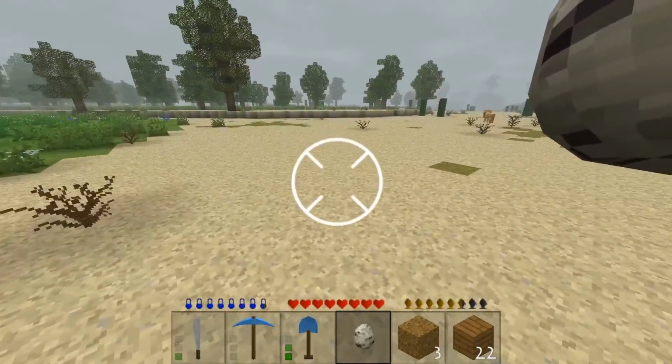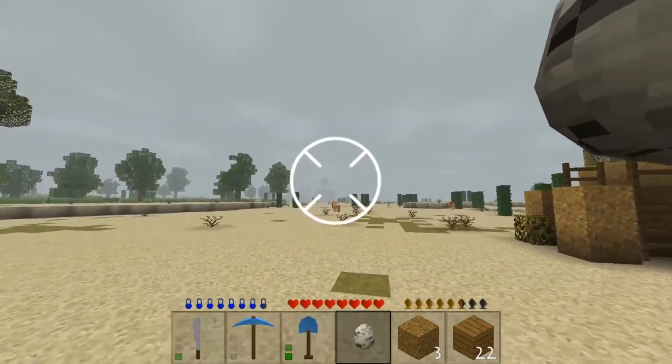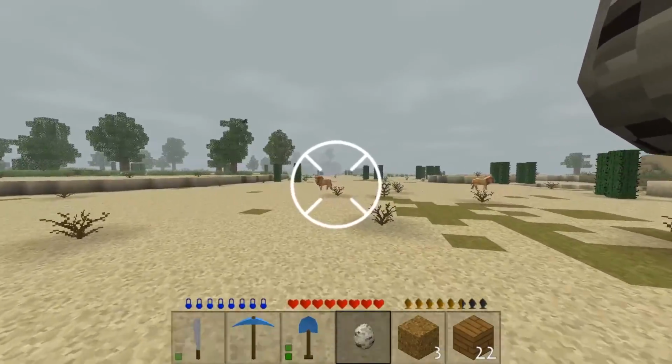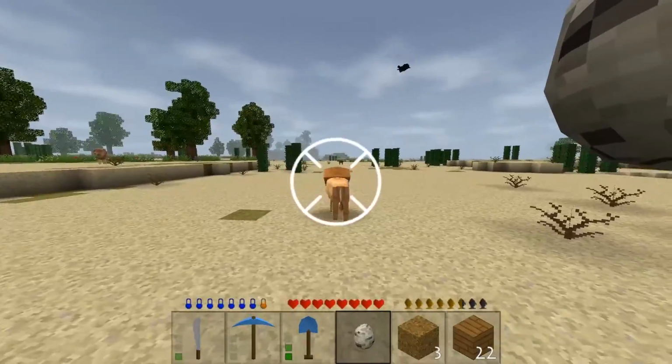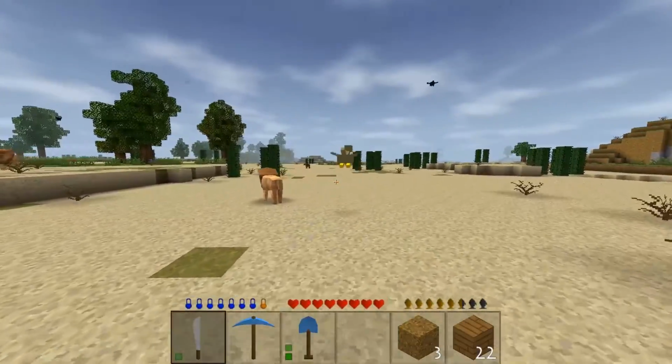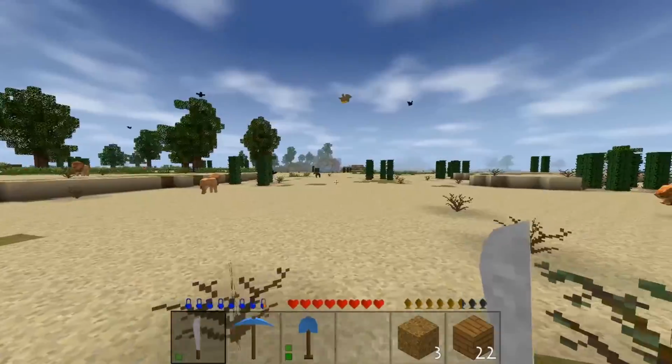That's cruel. Plus, these guys' eggs aren't that nutritious. But in theory, this will spawn a duck when I throw it because it's one of the old style pre-1.29 eggs. So let's try this. Yeah, there we go. I thought it was going to annoy the lion more than...